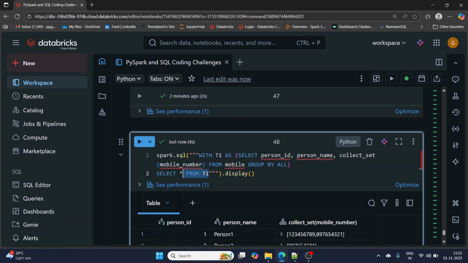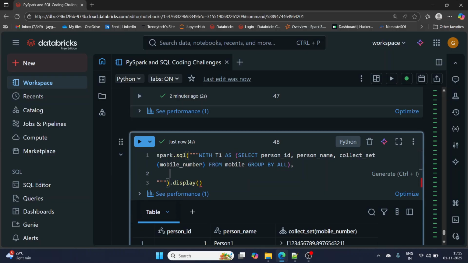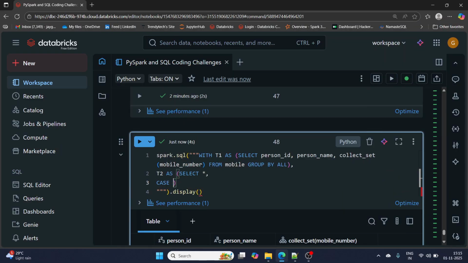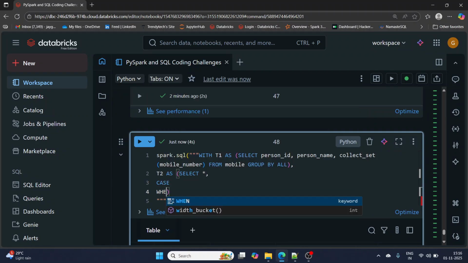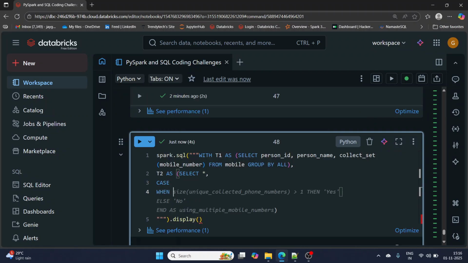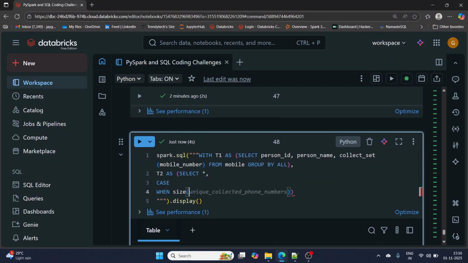Now for the next step, what I have to do? I have to write one more CTE, right? What I'll write? T2 as, select star, right? I have to select everything, whatever is there in T1. Case when size of, what is the column name?